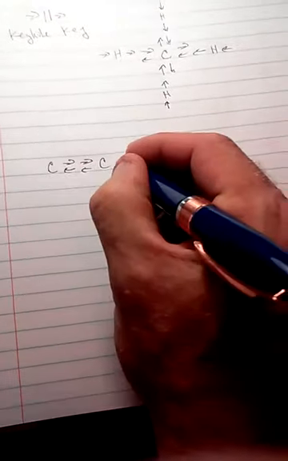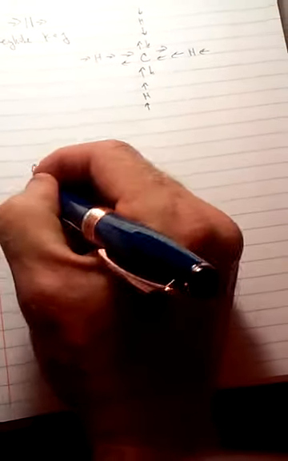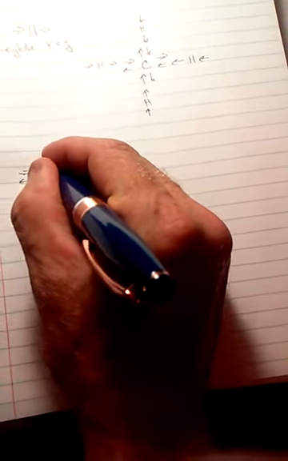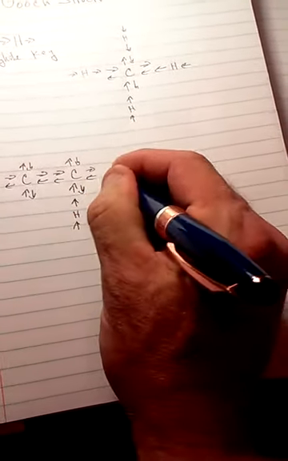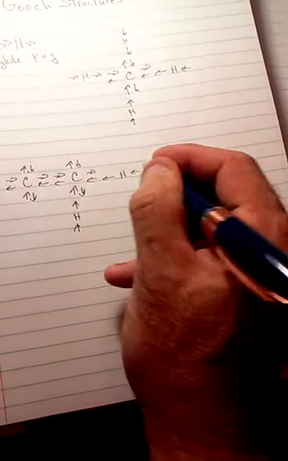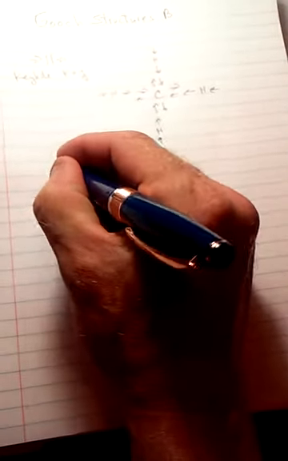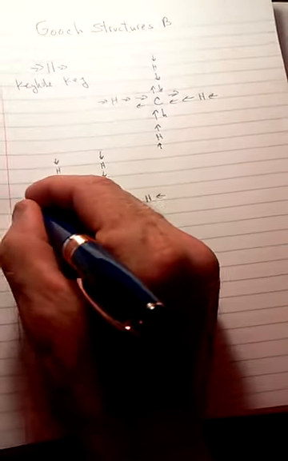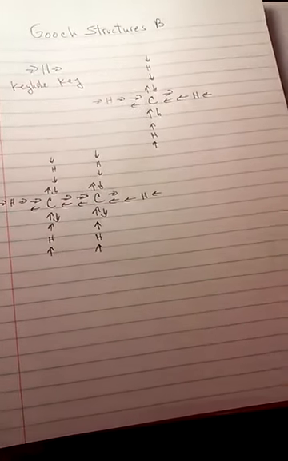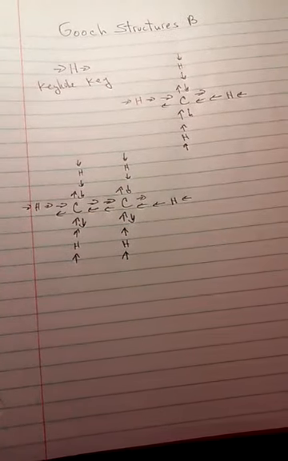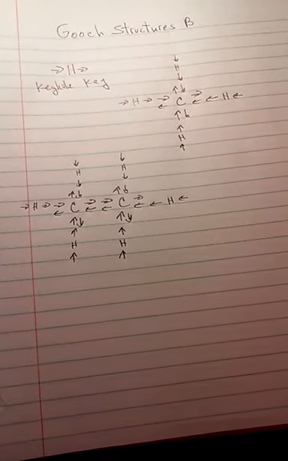Petroleum chemistry, organic chemistry. It's just amazing what you can do with the structures. But you can represent any structure that the standard model can represent with Gooch Structures B, except you're representing them much better and in much more detail than Lewis structures could ever think about doing. When you start doing the reactions with them, you find that the detail in the reaction is just like having a camera down in solution, and that has been the ultimate goal of chemistry since the beginning